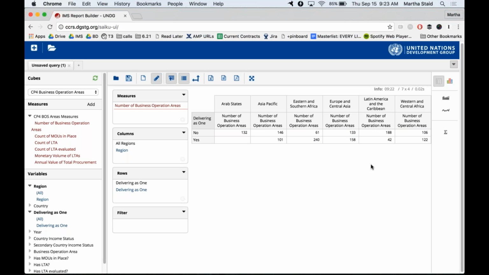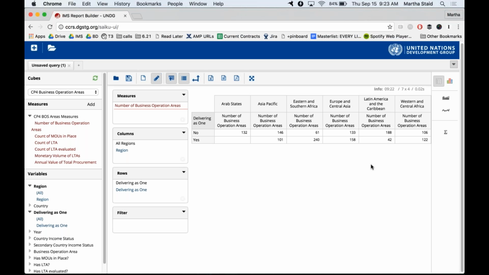So one way you might approach this, and it seems silly, but it can be very useful, if you're trying to figure out exactly what kind of table you need, just grab a blank piece of paper and a pen and draw yourself the chart that you want. And that can be a really useful exercise for thinking through, oh, okay, I do want to have the regional columns, but then have this delivering as one status, for example, with this table as the rows.